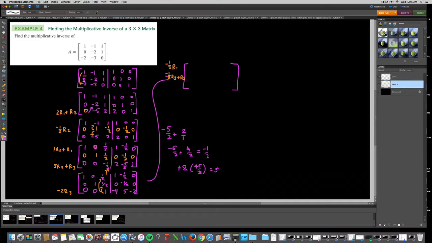Negative 1 half times row 3 plus row 1. So row 3 is not going to change. We have a 0, 0, 1. And down here we have a negative 4, a 5, and a 2. So multiplying these out, I suppose if we did negative a half times our third row here, we're going to